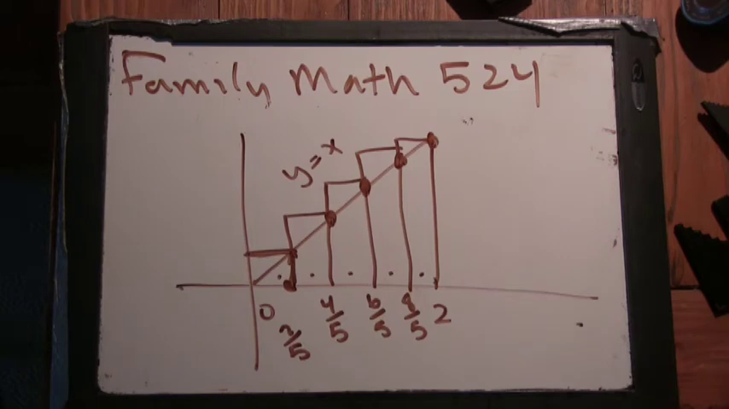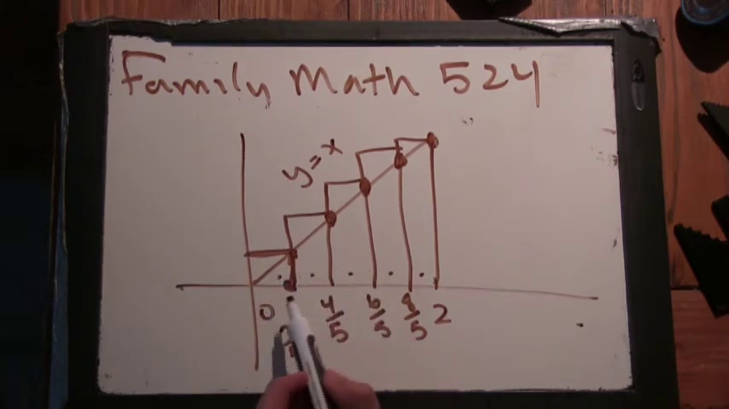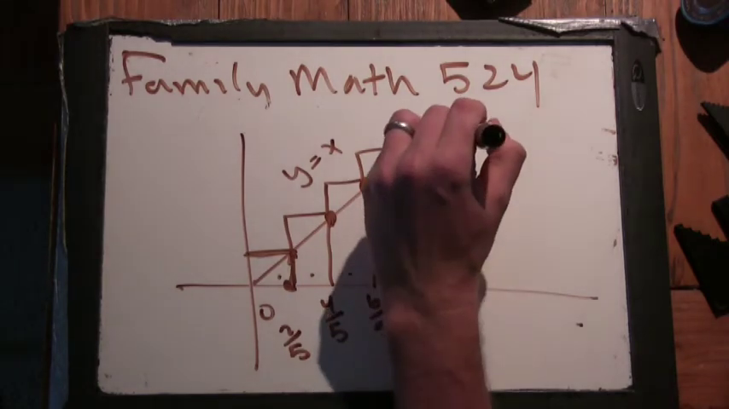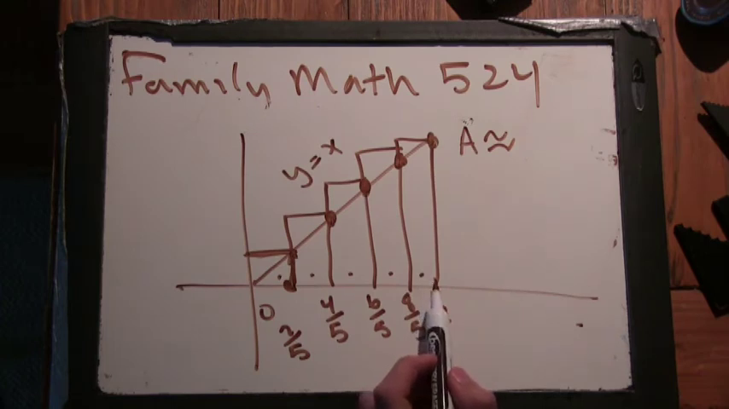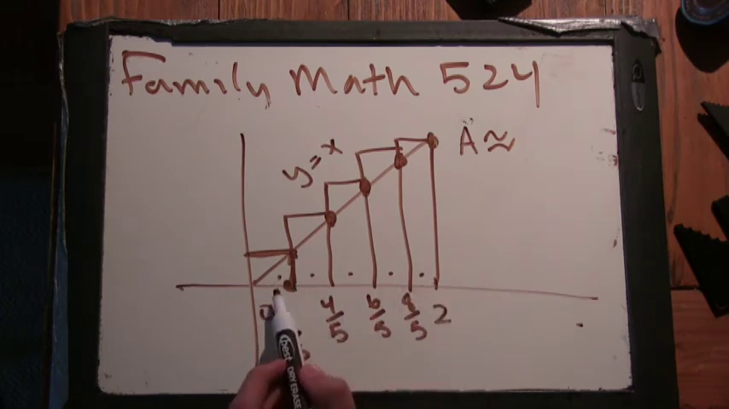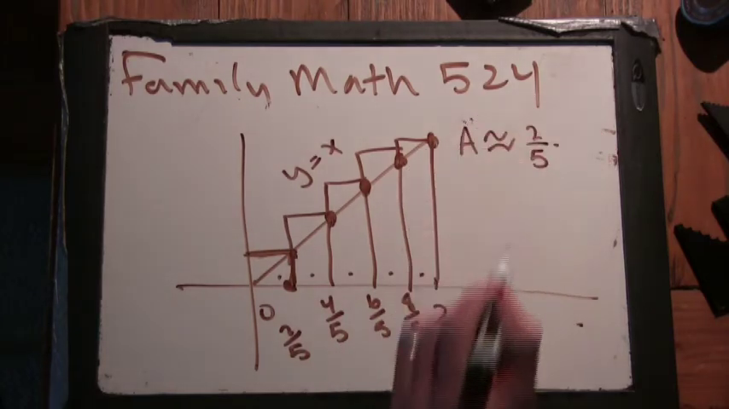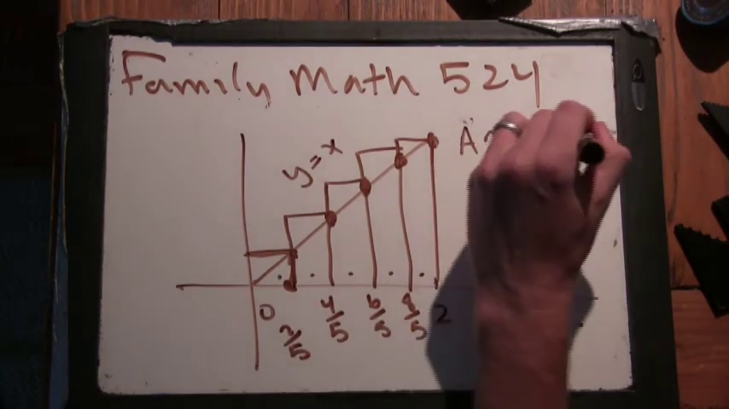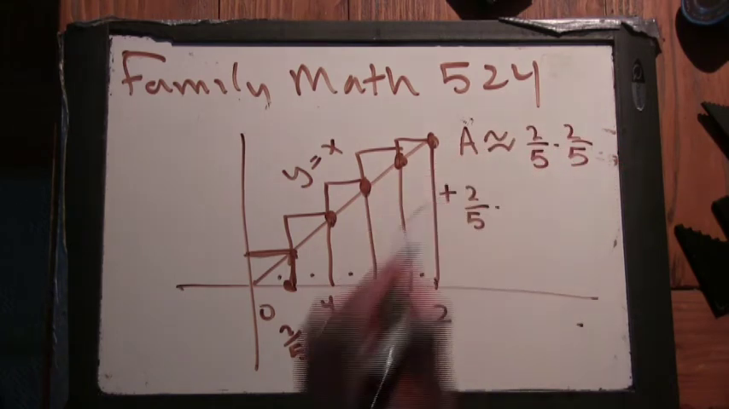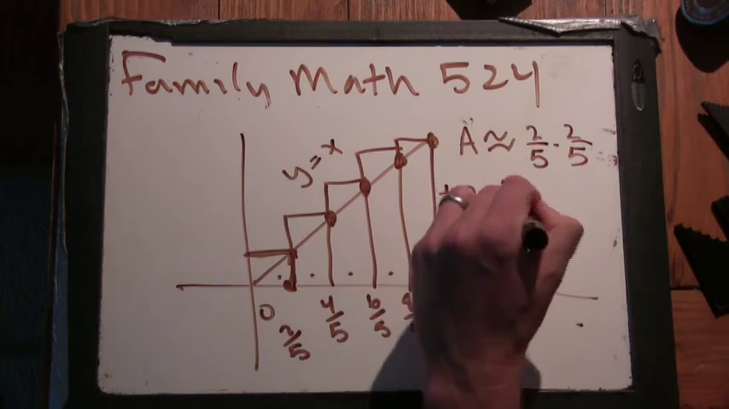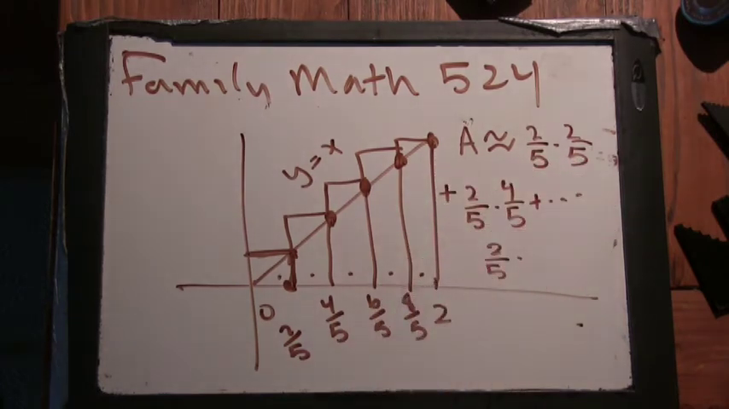But if we were going to do this as an approximation, the area of the triangle is approximately the sum of the areas of the rectangles. Well, how wide is this first rectangle? 2/5. So 2/5 wide times how tall? 2/5. And then plus the next one is 2/5 wide times 4/5 tall. And then I could go plus dot dot dot up to the last one, which is 2/5 wide times